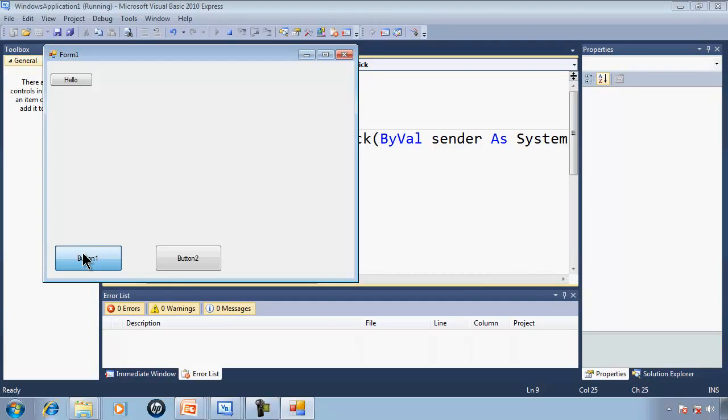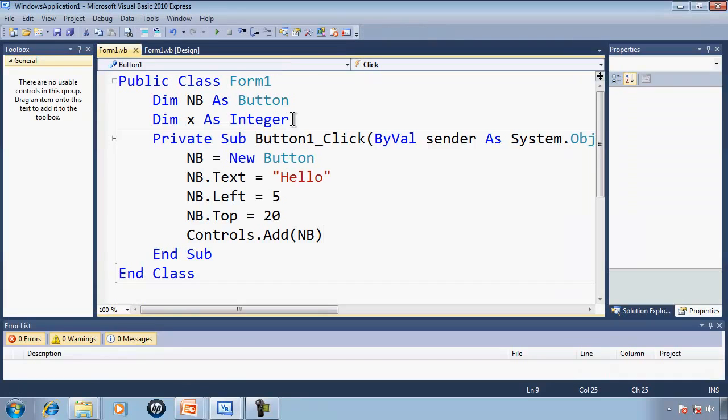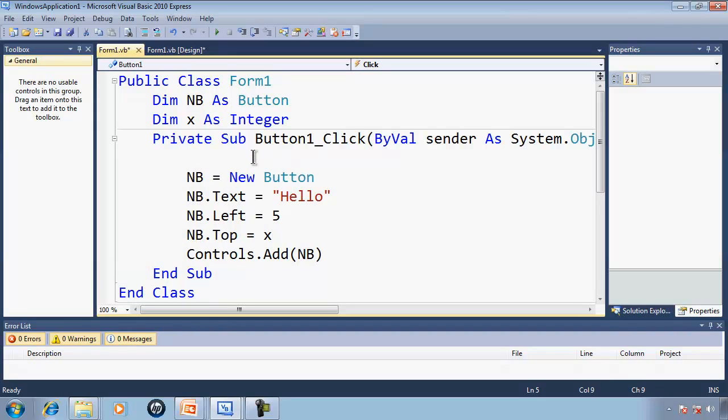I'll go ahead and run this again, and if I were to click on the button many times, it looks like nothing is happening, but I'm actually creating several buttons over each other. So what I can do here is change the top to state NB.Top equals X, and then here when the button is clicked, I'll have X equals X plus, let's say 10. Go ahead, run,